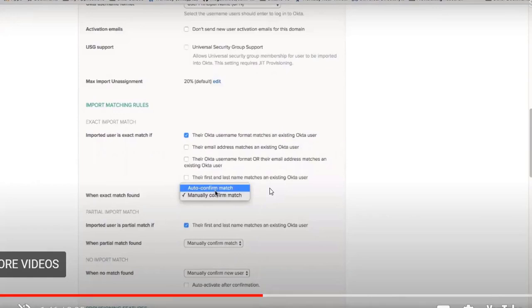That time Okta will stop that, because Okta will think that it may be a duplicate, I mean, it may be a unique user. Likewise, Okta will start thinking and it will stop that and block it. That's a partial match found. So that's why we will always prefer to go with the email address. If you select email address as the merging mechanism, then these options will not be used for sure. Likewise, we can decide accordingly.